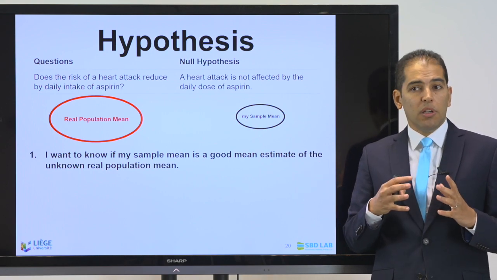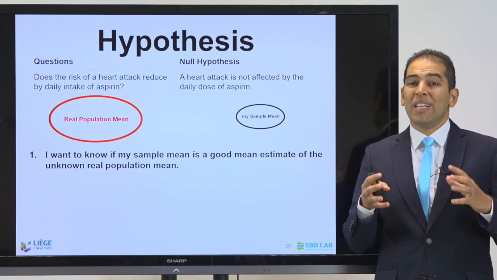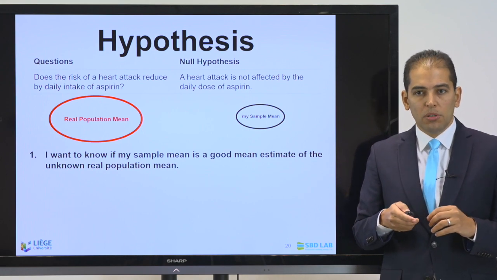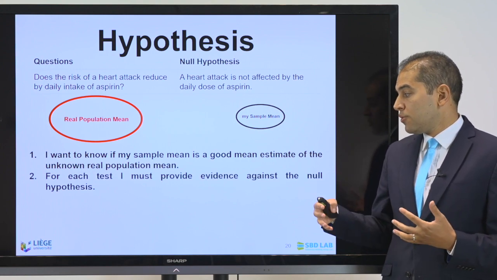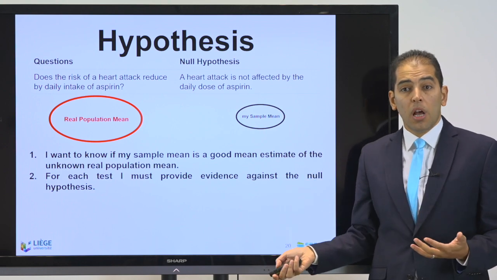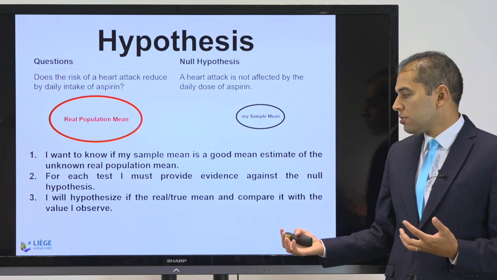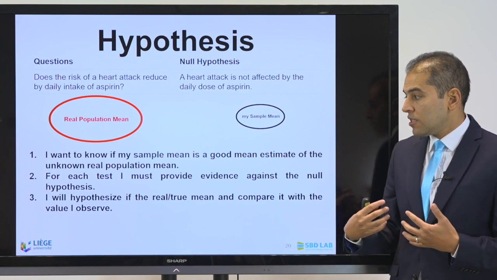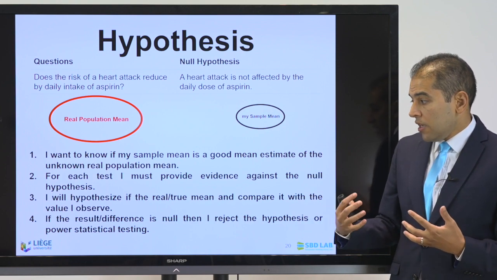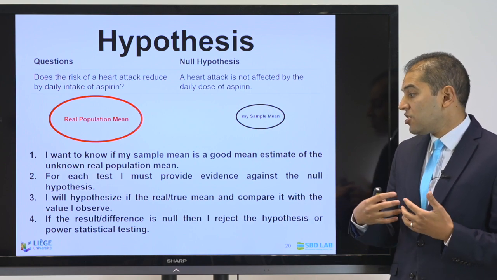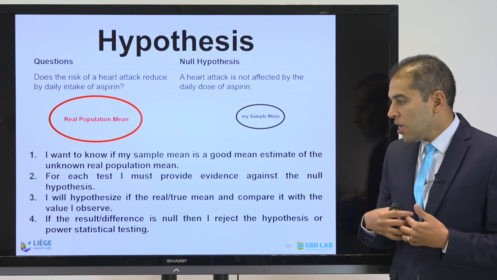So I can calculate my sample mean because I collected the data about my sample, but I don't know what the real population mean is. So in this sense, I will calculate it. Then for each test, I must provide evidence against the null hypothesis. So I will hypothesize the real true mean and compare it with the value that I observe, and if the difference is null, then I reject the hypothesis in this case, or I can go with power